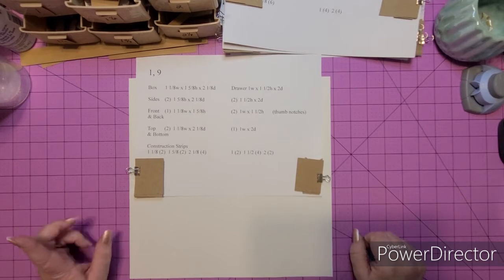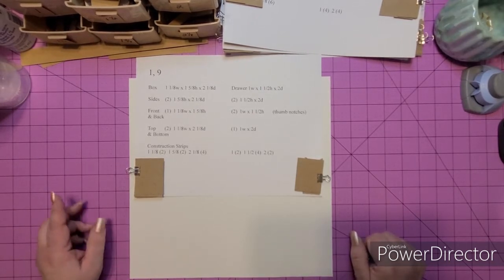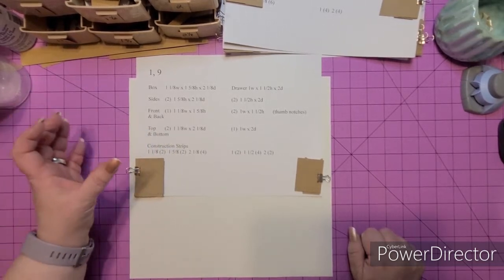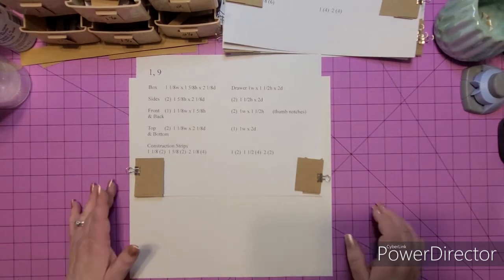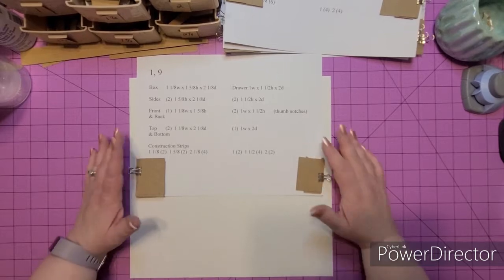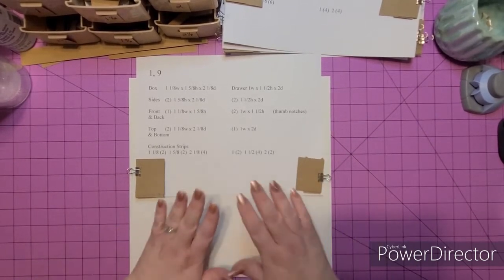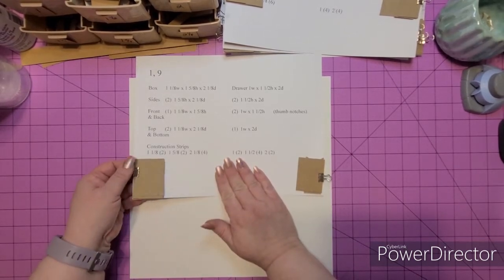And in my Facebook group, I am going to have a downloadable PDF, numbered 1 to 25 for each box, with the size and the pieces, so you can use it as a checkoff list if you'd like. But otherwise, you can just take a screenshot each time I bring a new card up, so you can get the dimensions that way. This is going to be box 1 and 9, and a drawer, and it is